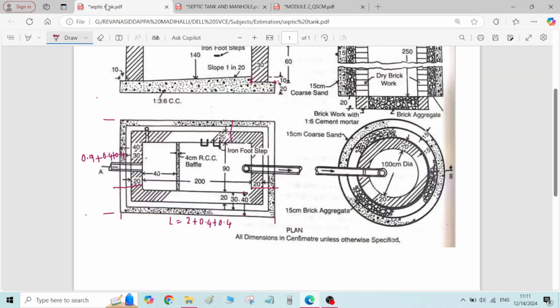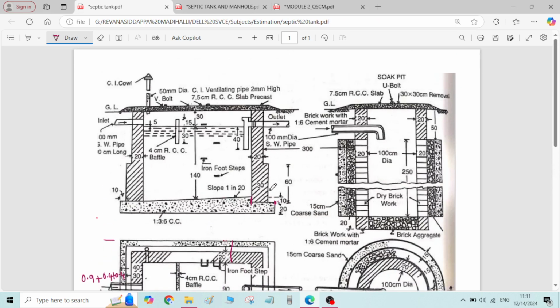Coming to the height of the excavation. Height of the excavation means from the ground level to the bottom of the septic tank. Whatever height we get, that will be the total height of the excavation. For that much height, we have to do the excavation. Now we will estimate that height. Here, from the ground level, the water level is 30 centimeter plus 140 centimeter,